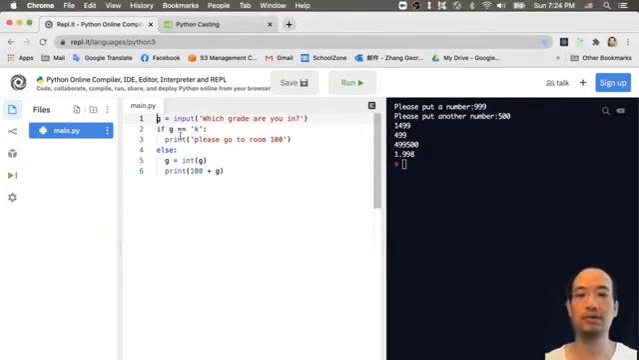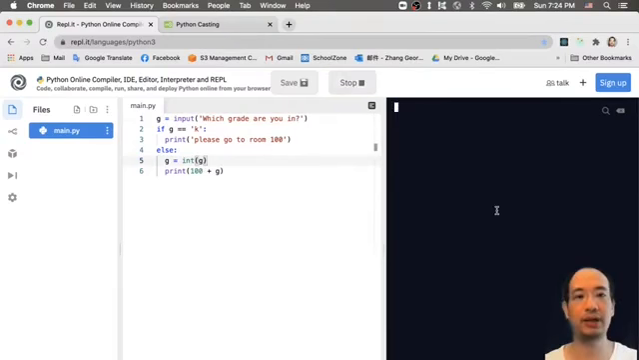And now you have the input, and your robot will say, which grade are you in, and now you should have the right room number. So what I'm going to do is just run, and I'm in grade 7, and now it's saying my room number is 107, and I run it again,